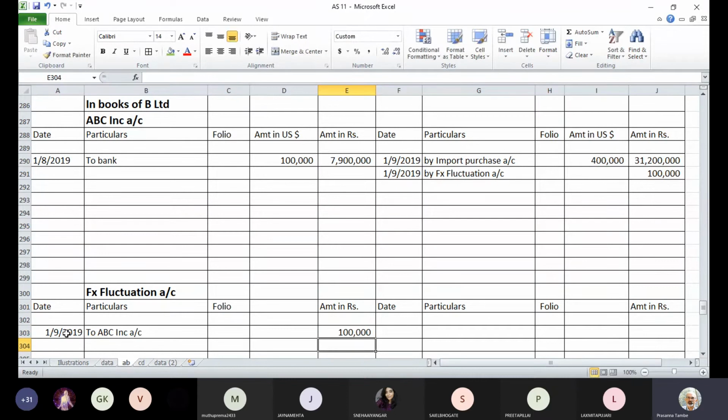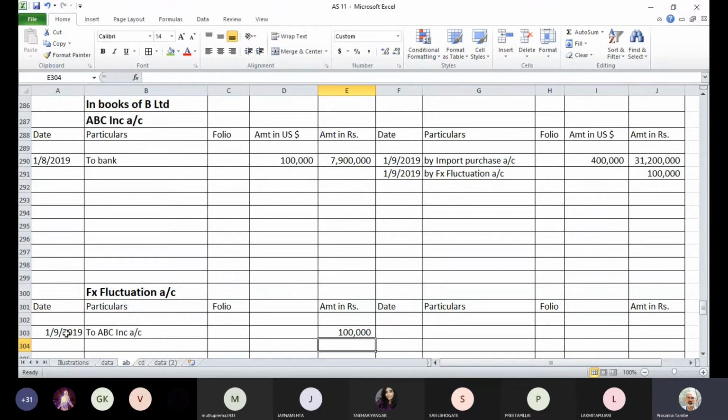1 lakh rupees is the loss transferred over here. Did you follow the adjustment of advance? Yes? Have you understood what we did with reference to the advance? We have done it earlier also. Yes, earlier also on a couple of occasions we have dealt with advance. Are you clear now? Yes, sir.